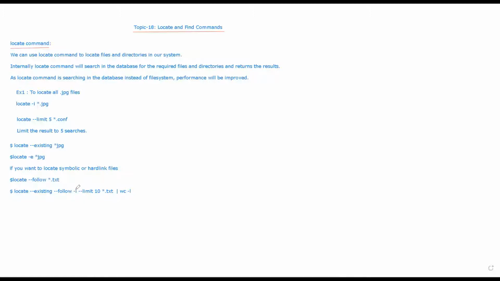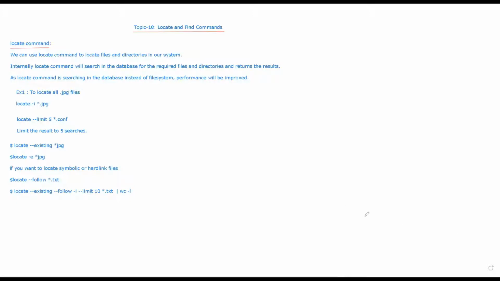If you want to remove case sensitivity, you can use -i, as usual in every command we have learned so far. And if you want to limit the result, you can use limit and specify the number of results you want to display after locating the file. So that is about the locate command.